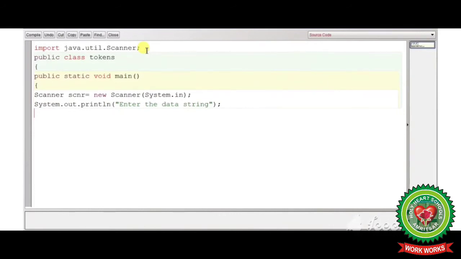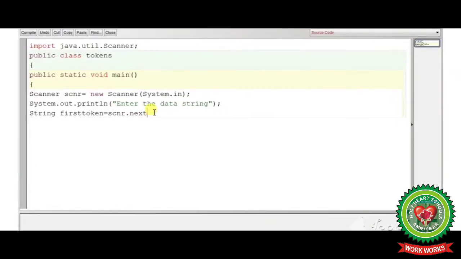Now we will take two inputs from the user, so we will write String firstToken is equal to scnr.next. scnr is the object name and next is used to read the next token, round bracket start, round bracket close, semicolon.